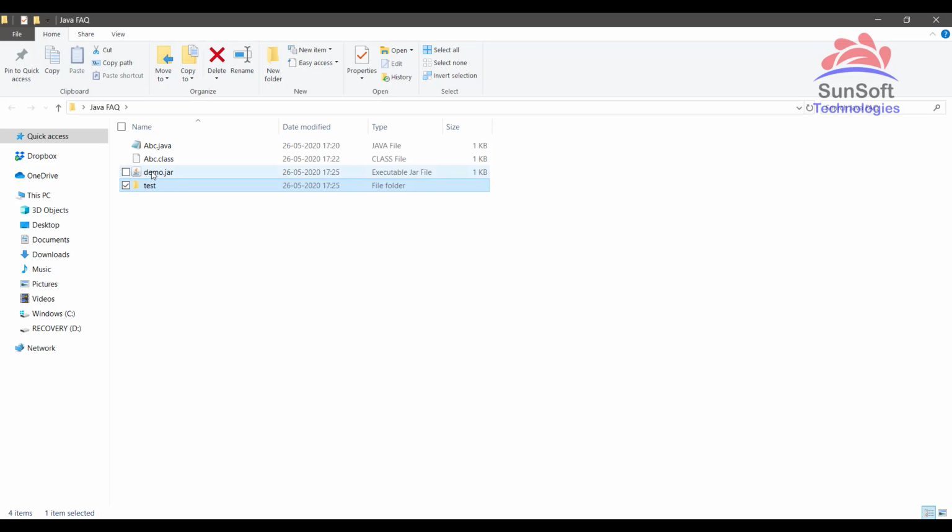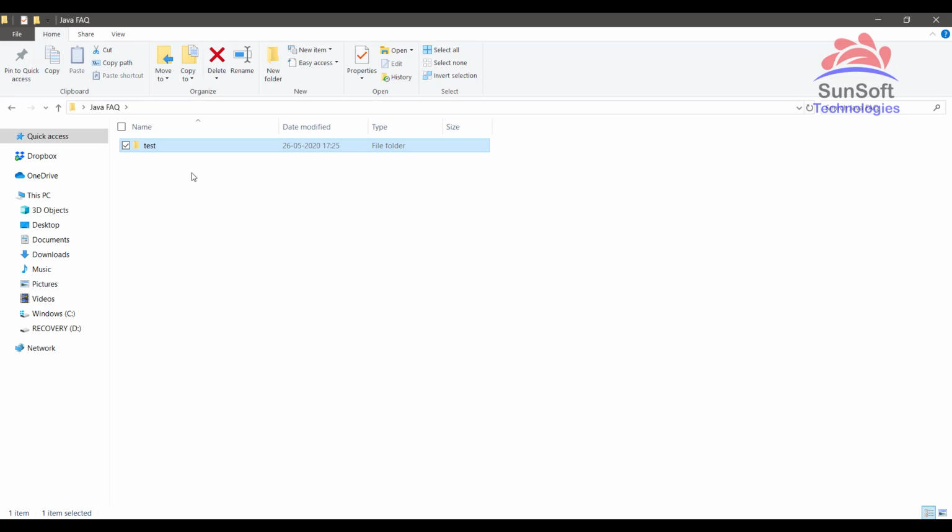Now here for testing purpose, what I will do is I will create one test folder and keep this demo.jar file inside that test folder. So I have moved it inside the test folder. You can see the test folder contains the demo.jar file, and outside I don't have anything, and I am going to delete these two files. So I don't have anything available outside, and this test folder is the one which contains demo.jar. Here only for testing purpose I am pushing it inside the test folder, but it could be in any of the other directory paths or might be in a separate drive altogether.